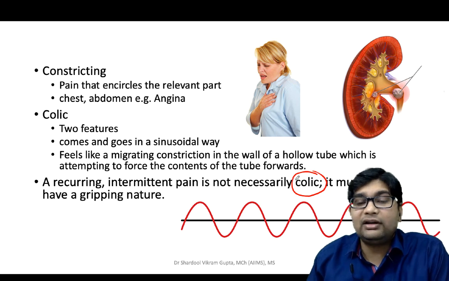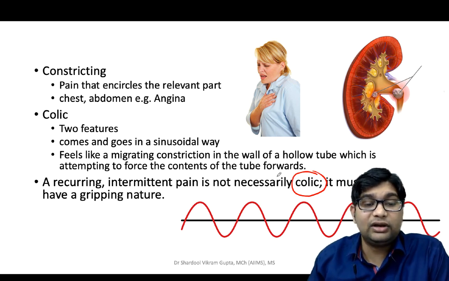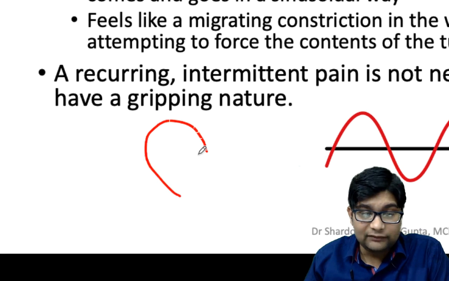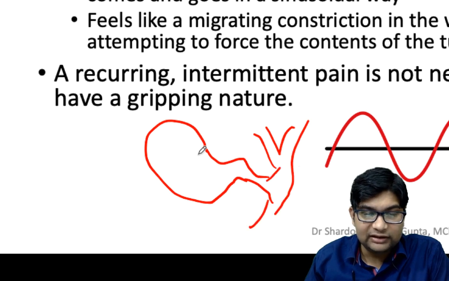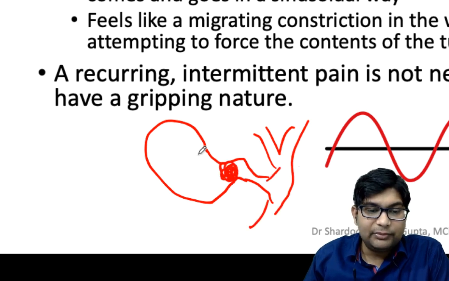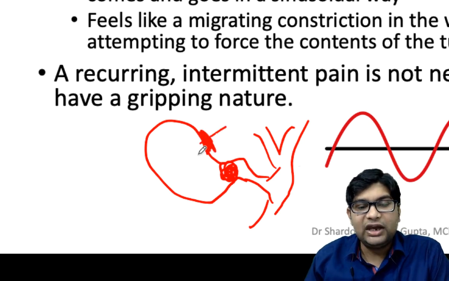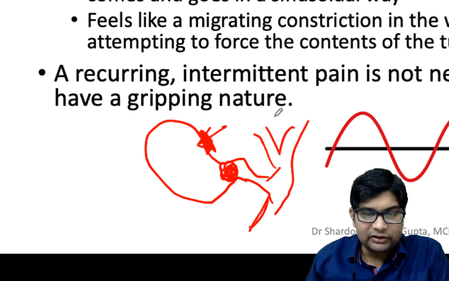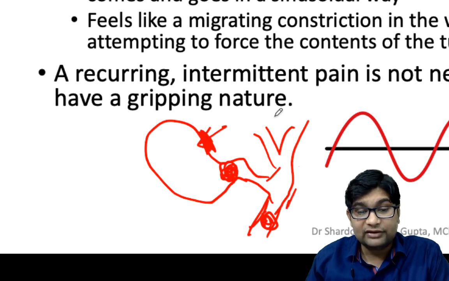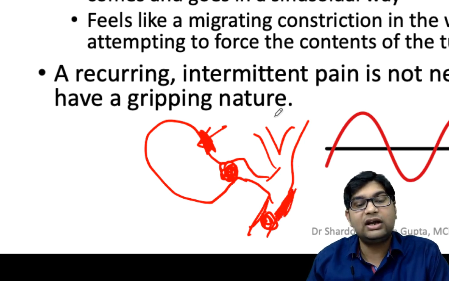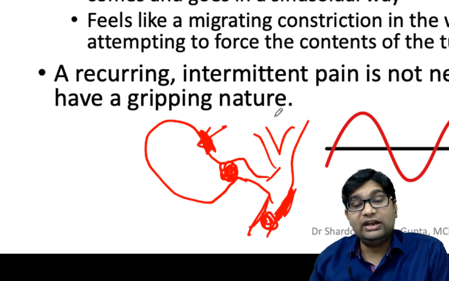Gallbladder colic is a misnomer, biliary colic is a misnomer, because the gallbladder wall does not have a proper muscular layer. Once the stone goes into the CBD, say there is a stone here, because there is no true muscular layer, only a fibromuscular layer, pain will occur but it will not be truly colicky in nature. But once it goes into the CBD or even passes the duodenum and causes duodenal obstruction, because this wall has a true muscular layer, then the pain will become colicky in nature.